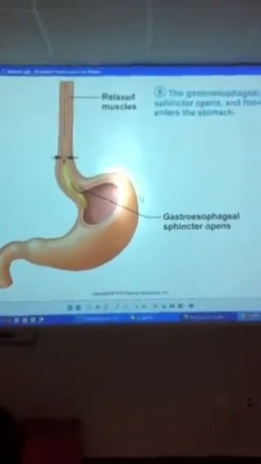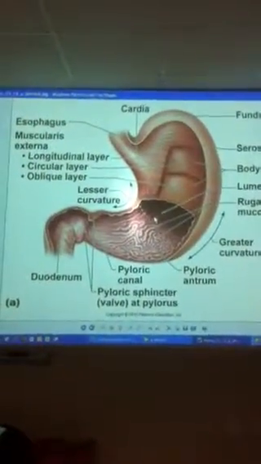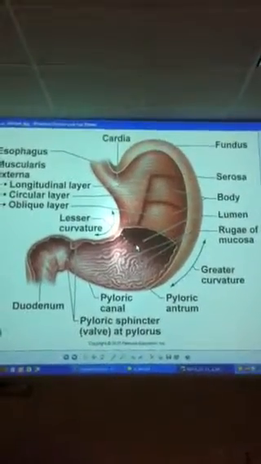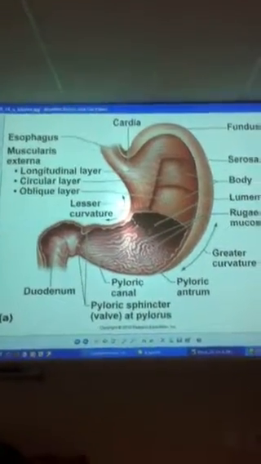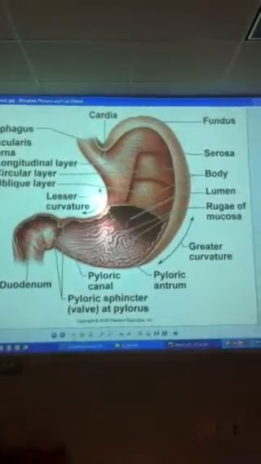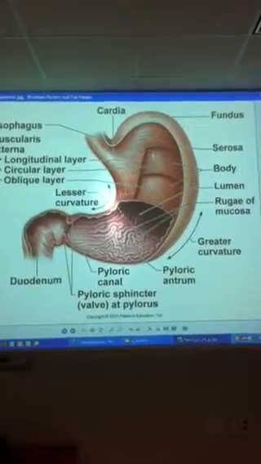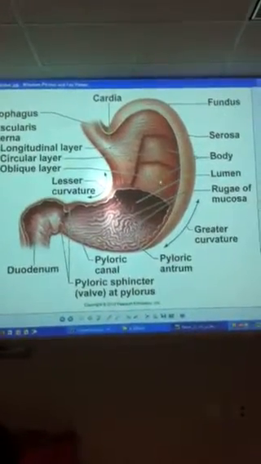So that it's showing how that gets in there. Okay, the next structure to look at is the stomach. The stomach has, in addition to all the other layers, the muscularis externa has an additional layer called the